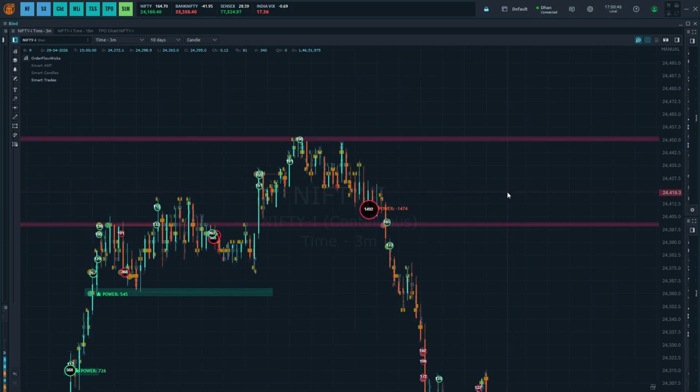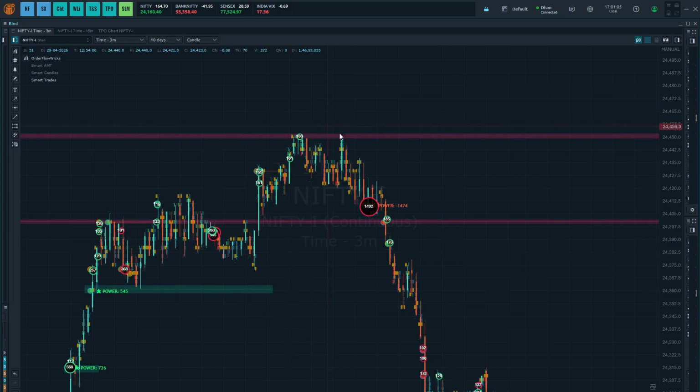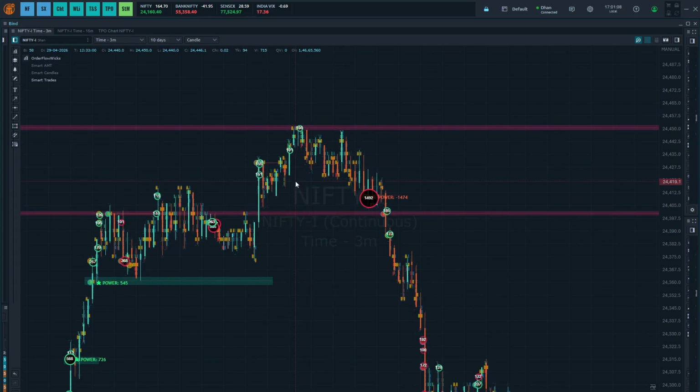Now see, this is the real trading here. See how the double top happened and how they could not move up. Price moved up, they went down, they tried to move up, but they were not able to break this level on the upper side. So the continuation is not seen. When the price is not able to continue on the upper side, and even if you see here, there is missing buying aggression. The green bubbles are simply disappearing,